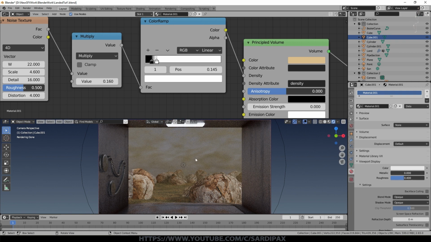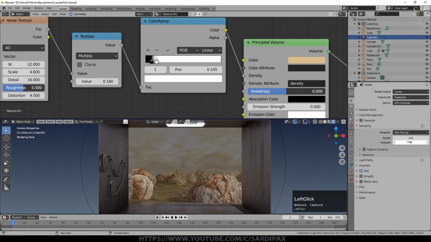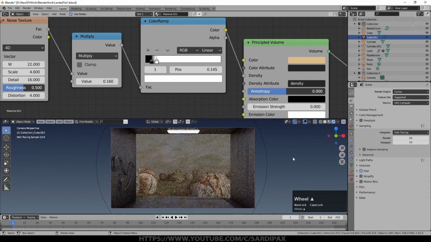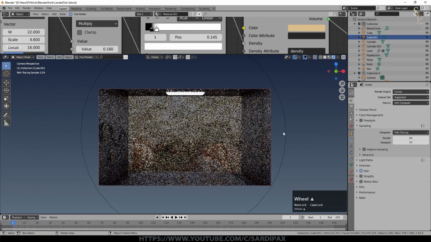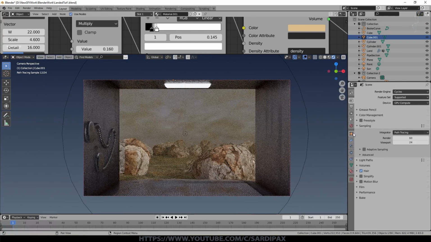So one of the things with Cycles is noise. We always have to deal with that, but to really assess that, we need to make a quick render. We'll obviously have noise here because I'm not rendering at very many samples. Viewport's at 32. So I'm going to actually drop that. I'm going to have the viewport at 24, and I'm going to have the main render at only 60 samples, just to speed it up a bit. I'm making the viewport redraw there, and we'll zoom in a little bit so we can see the noise slightly better.